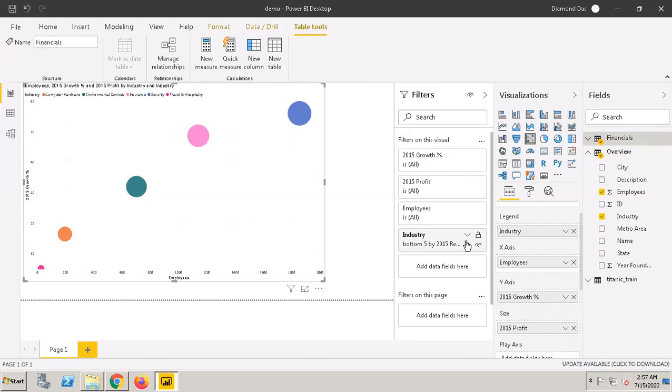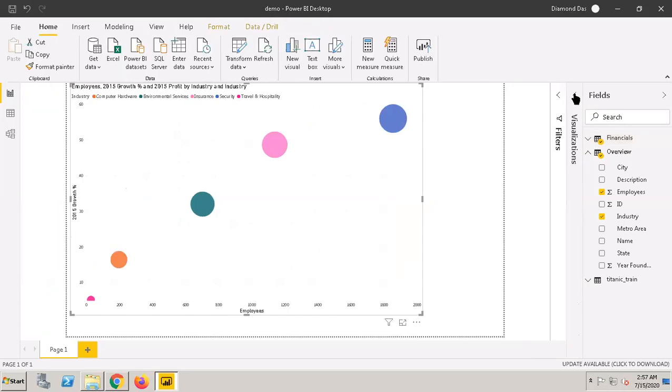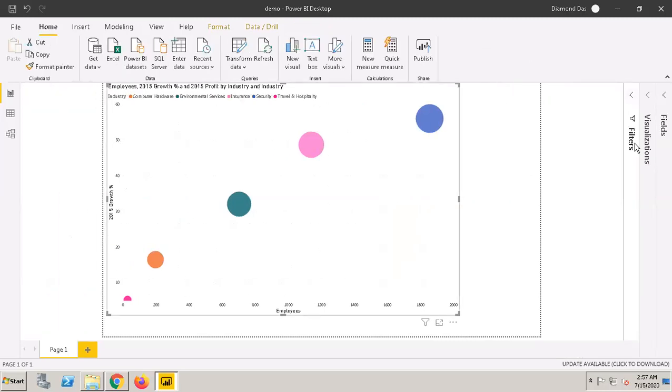Whereas if you take a look at the top revenue, you can always toggle between the top five or bottom five, so you can control your graph. If I want a better visual, I can just close the panel down and I will be able to see a better visual.